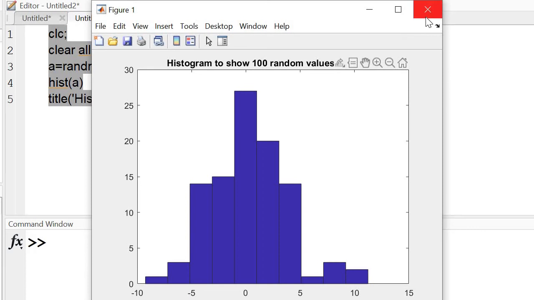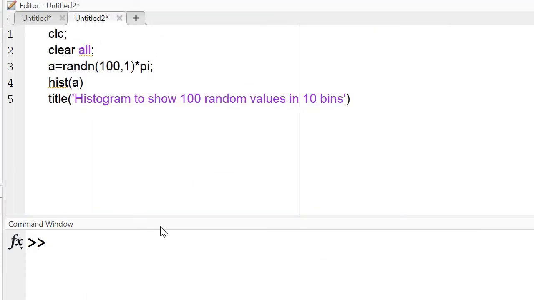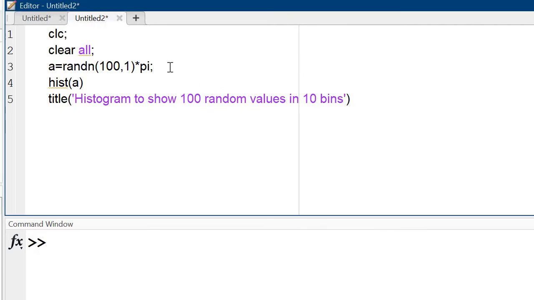Now, if I want to change, what I am doing is taking 300. Correct? 300 random data points.